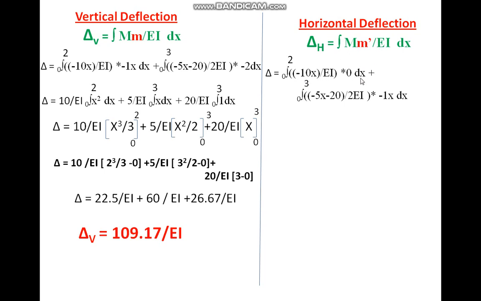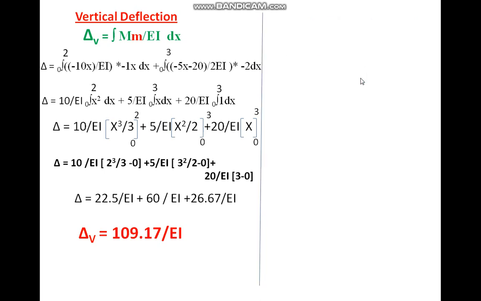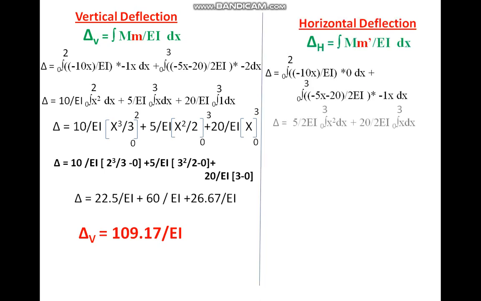The small m dash value will be 0 into dx, plus integration of 0 to 3, minus 5x minus 20 divided by 2EI into the small m dash value for the BA member, which is minus 1x into dx. So this value will be completely 0, only here minus 5 into 1, you get plus 5 divided by 2EI, integration of 0 to 3, x into x, you get x square dx, plus